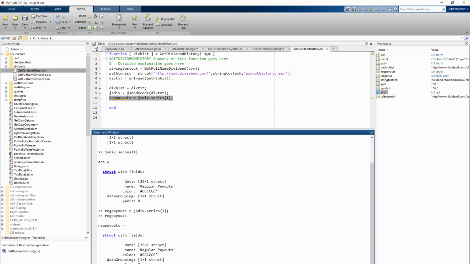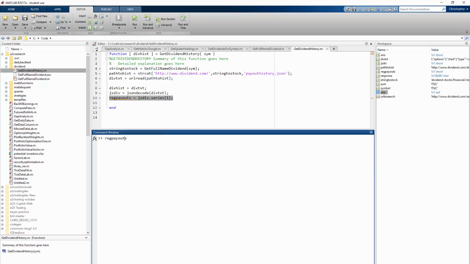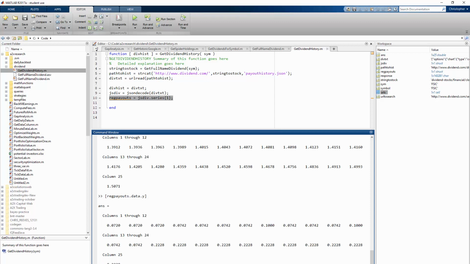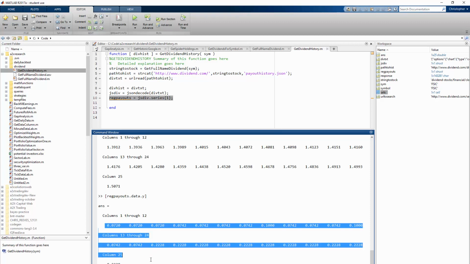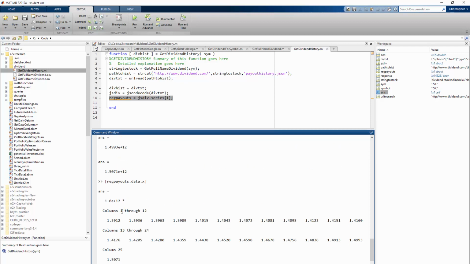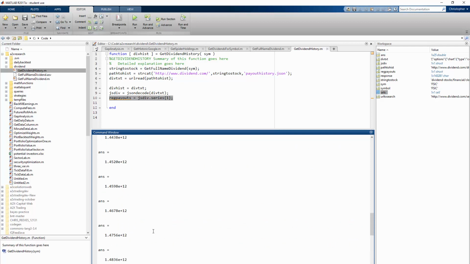And then we actually want to get that data. Data.x. Okay, so now these are the x-axes, and these are the y-axes. So the top column is actually times, and the bottom column is the dividends. So we're paying out a 7-cent dividend at each of these times,